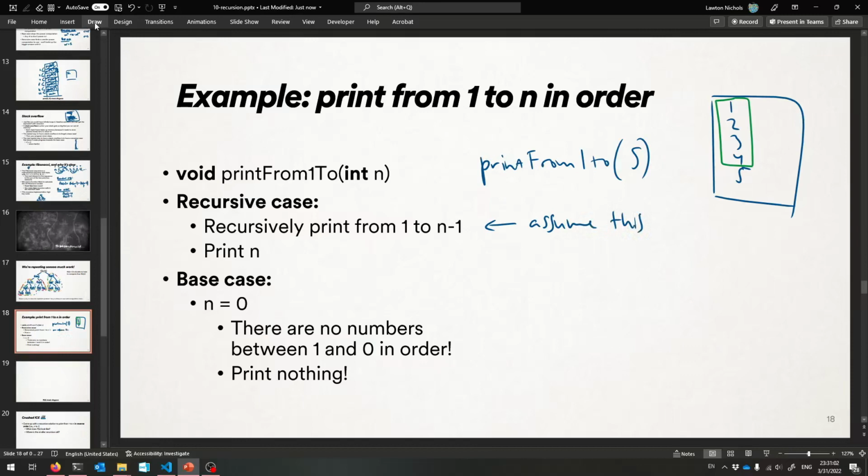Assume this works. So with this example, let's just assume it just printed for you by making the recursive call, the numbers 1 through 4. What do you have to do to build up the final solution? You just need to worry about printing your 5. So you just print that n to solve the bigger problem. That's the recursive case. And then the base case is, well,